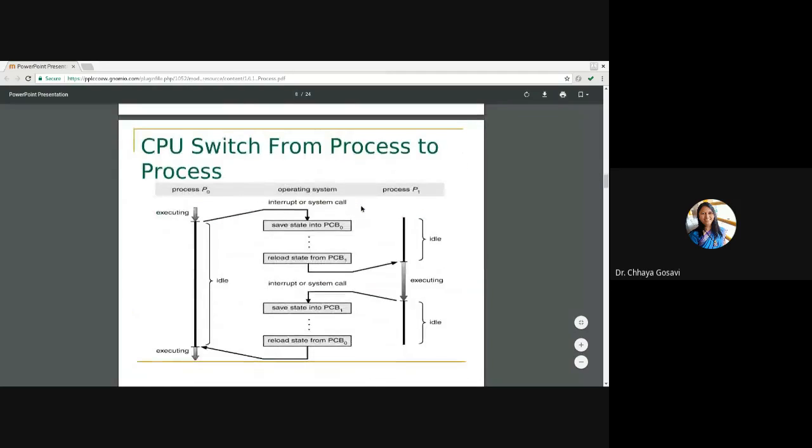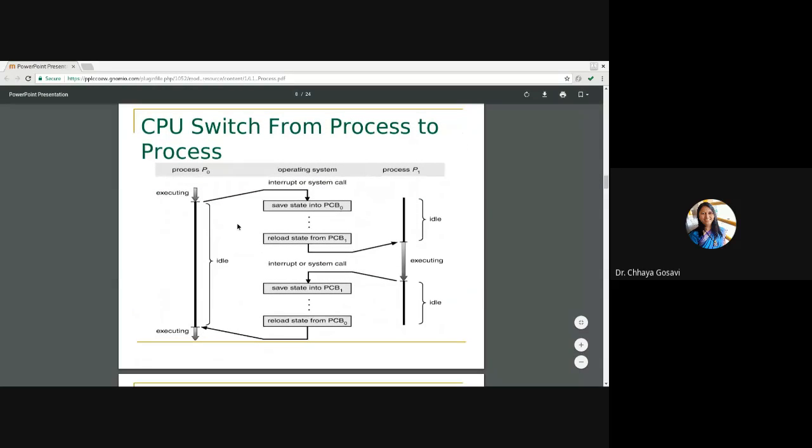This is how CPU switches from process to process. So I have process P0, and another process is P1. And this is a role of the operating system. Currently P0 is executing. It is in running state.